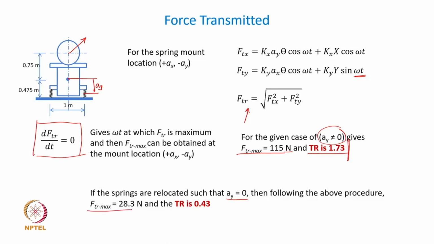the transmitted maximum force at that spring location here to be 28.3. You can see how drastic a reduction you are getting there, almost 1/4 of the force transmitted is reduced. It is reduced to 1/4 of the original value, and the transmissibility ratio drops to 0.43. Okay. So, that of course, as we discussed last time, that instead of